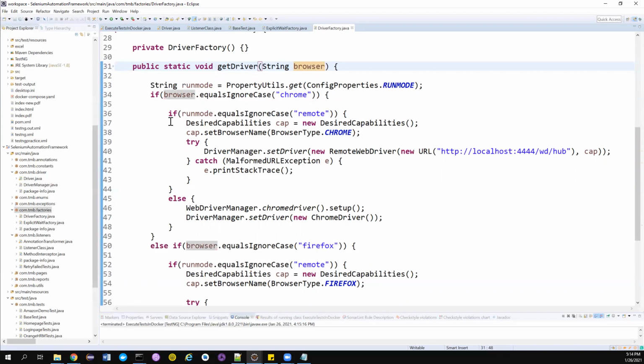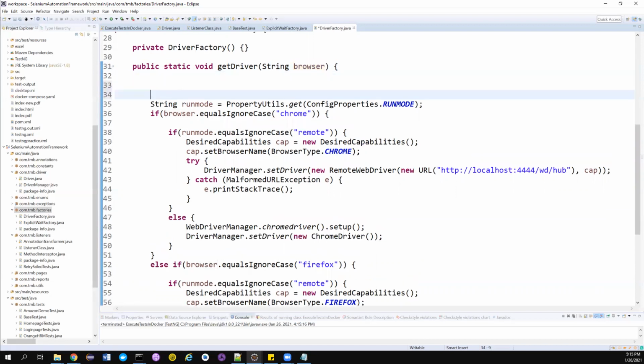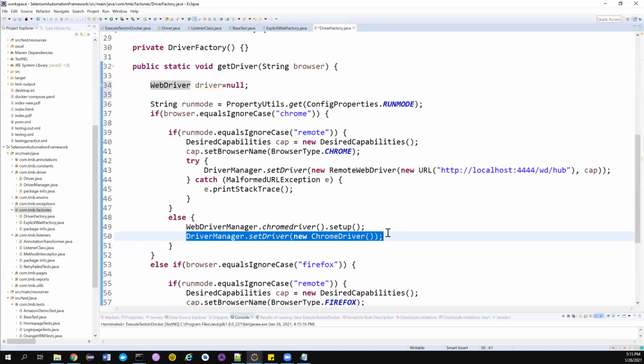Good. Now if you notice, we are doing all the set driver, driver manager dot set driver and all here. Instead, I'll remove this particular code. Okay, I can create a local web driver variable called null. Control shift and O will import that WebDriver package for me. So I don't want this code to be here. Let it be inside the driver factory.